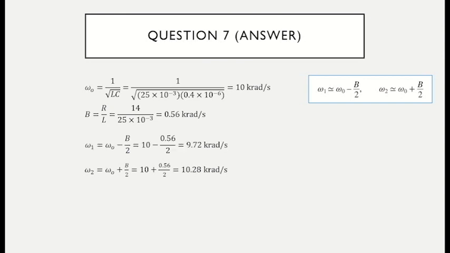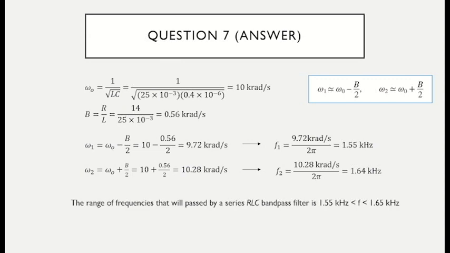Now that you have these two half power frequencies, you need to convert the kiloradian per second into frequency in hertz. So you just divide the value by 2 pi, and you will find the value of the frequencies. And therefore, the range of frequencies that will pass through this band pass filter is between